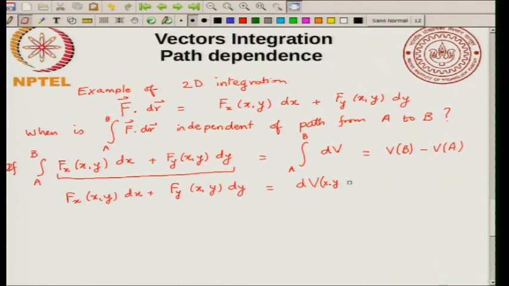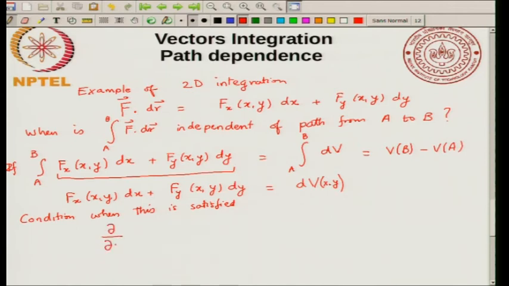So, V is a function of x and y. If you could write it in that form, then it would be path independent. And the condition for when this is satisfied